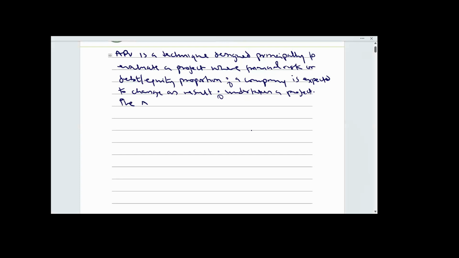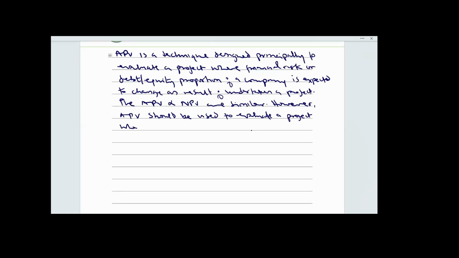The APV and net present value are similar. However, APV should be used to evaluate a project